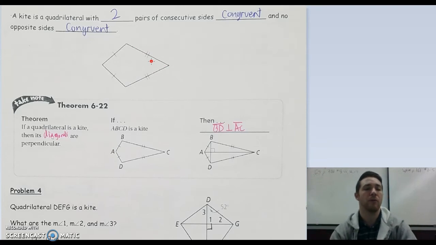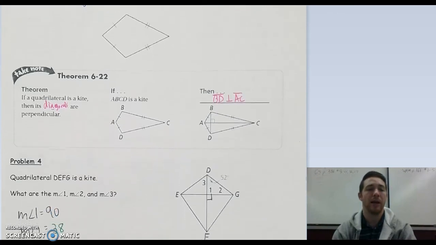So a rule for a kite that we can fill in is that if I draw the diagonals, from B to D and from A to C, starting with a kite, I know those diagonals are going to be perpendicular. So we saw that rule also with a rhombus, so I have perpendicular diagonals for a rhombus, but also we see that in kites. So we're going to use that rule to help us find some angles here in that